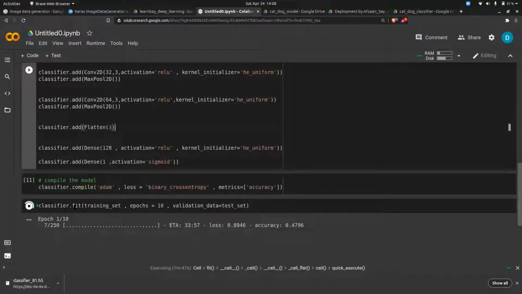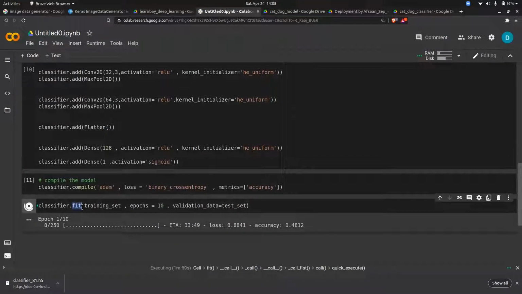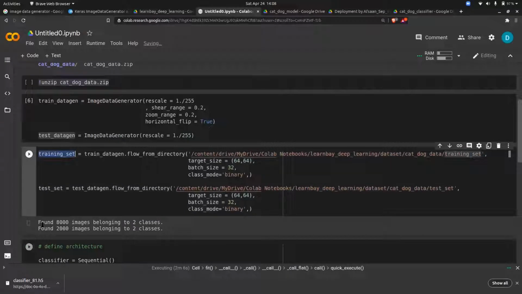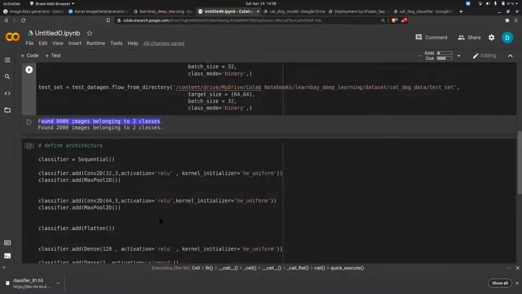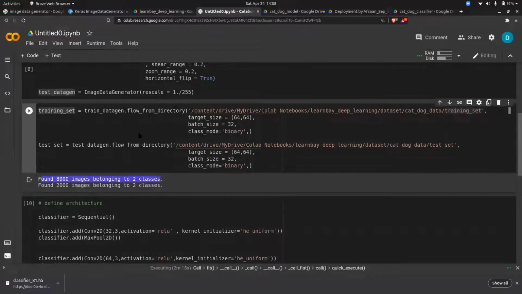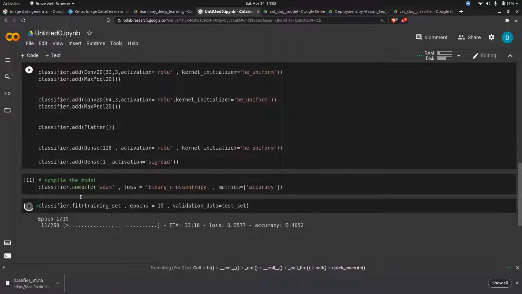So in fit, we can write the code in two ways. One is X and Y, which you already know, right? X is the independent variable and Y is the dependent variable. But in the training set, that is already maintained. See, it found 800 images belonging to two classes. So instead of giving X and Y, if you are generating data from a folder using the train data gen flow from directory function, you can just pass the training set directly. It will automatically check the class and the independent variable, so you don't have to pass X and Y. Is that clear?